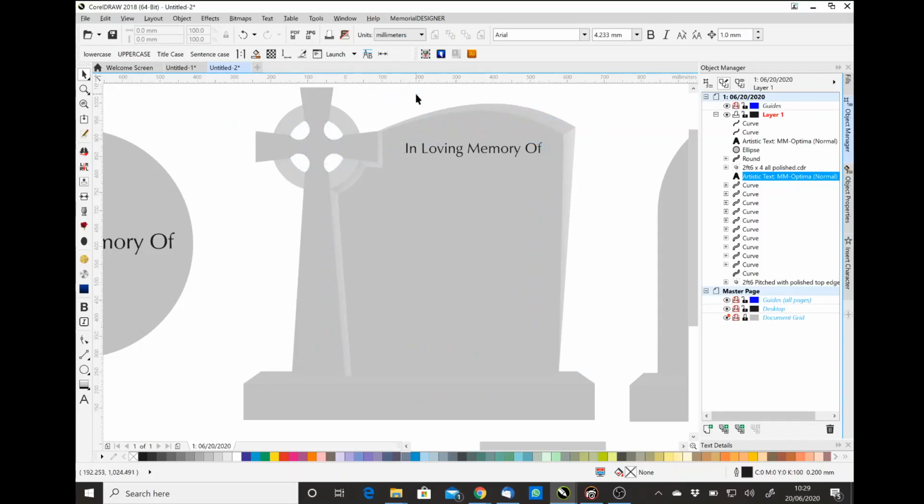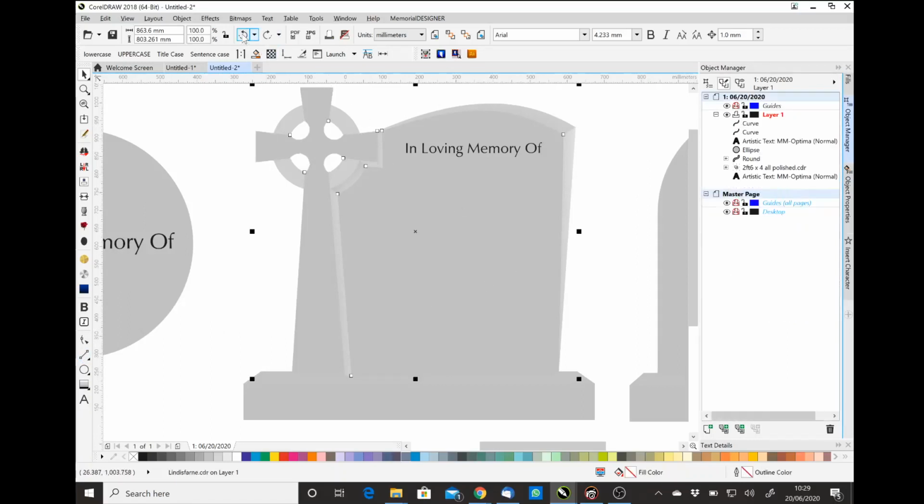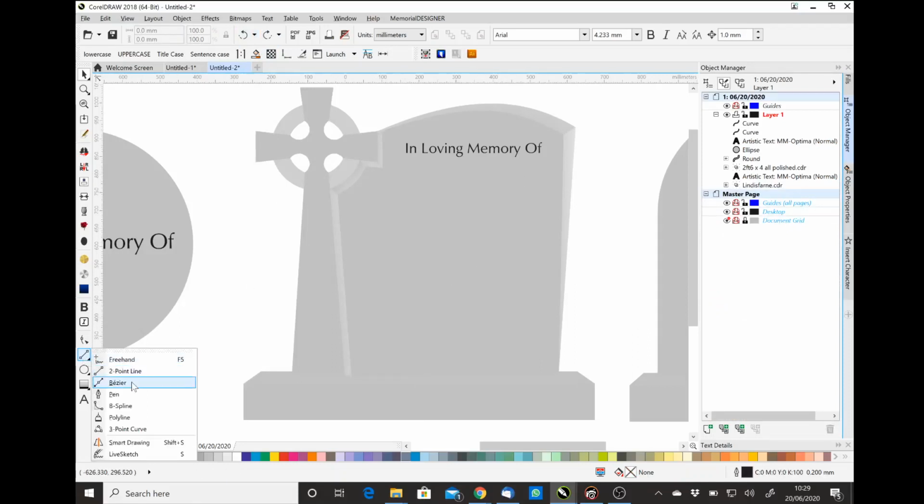So if I just press escape a second, it's actually defaulting to this object, which is the outer object, and that's probably not the object that we want to fit the text to the path. So the way to get around that is to actually draw an arc this time and fit it directly to that. So I'm just going to do undo and put my Lindisfarne back together, and I'm now going to choose a Bezier tool,